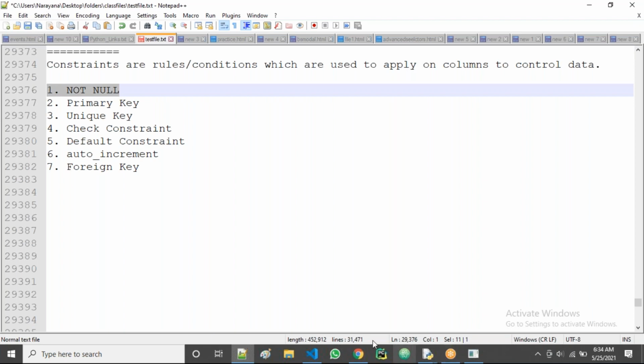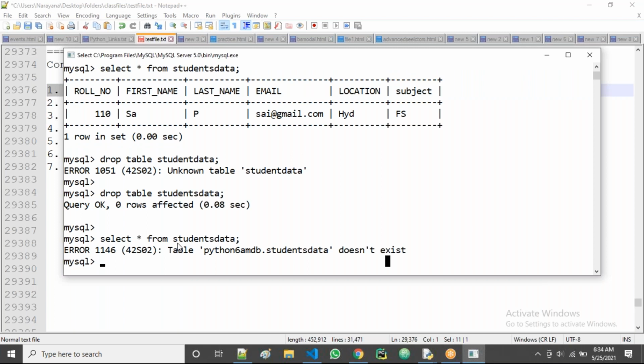If you remember, when you created the students data table and applied the DESC command, description space table name, it displayed all the column names, the data types, and the default null values. I'll show you again.